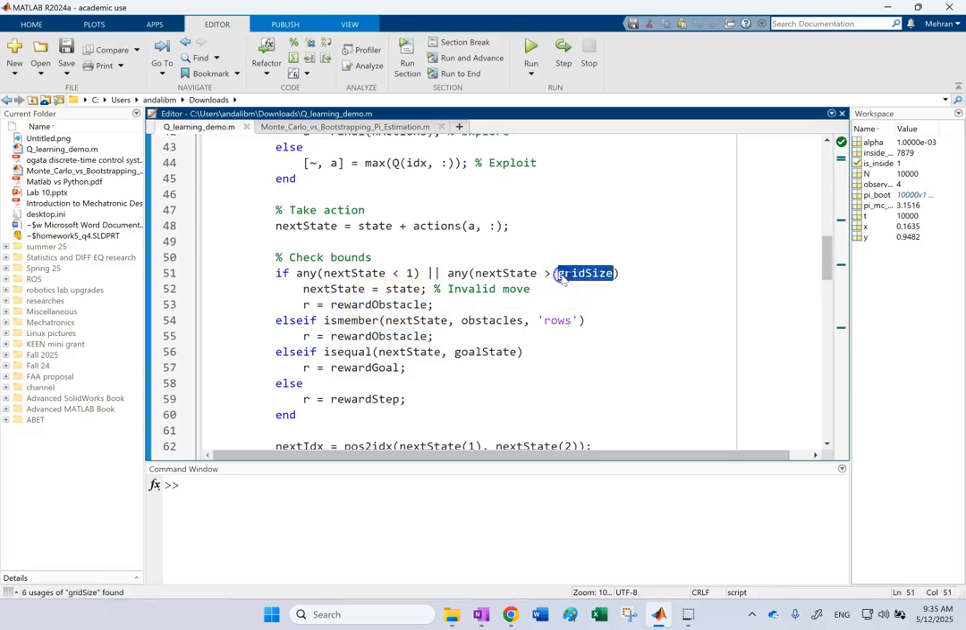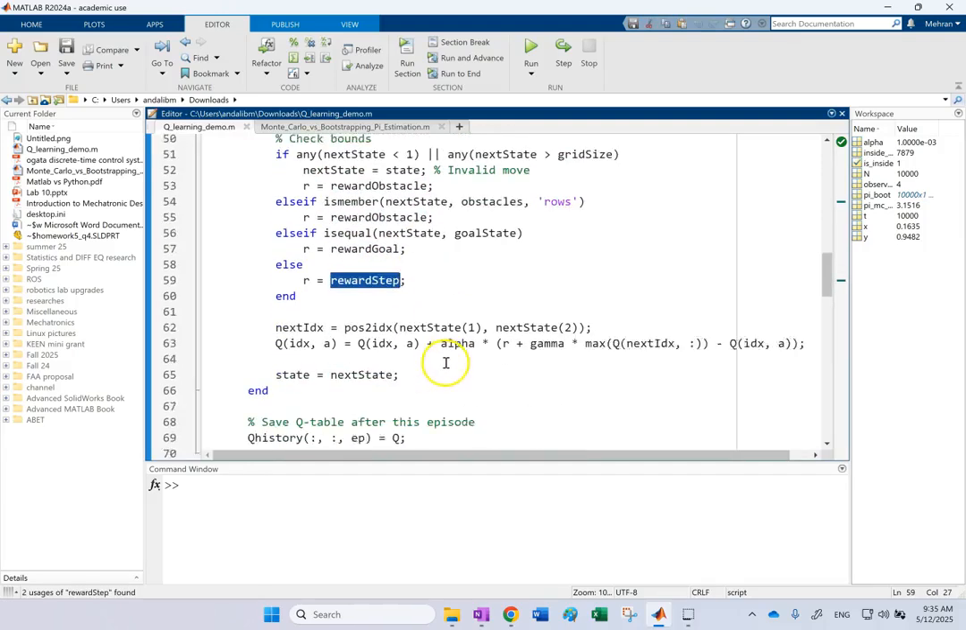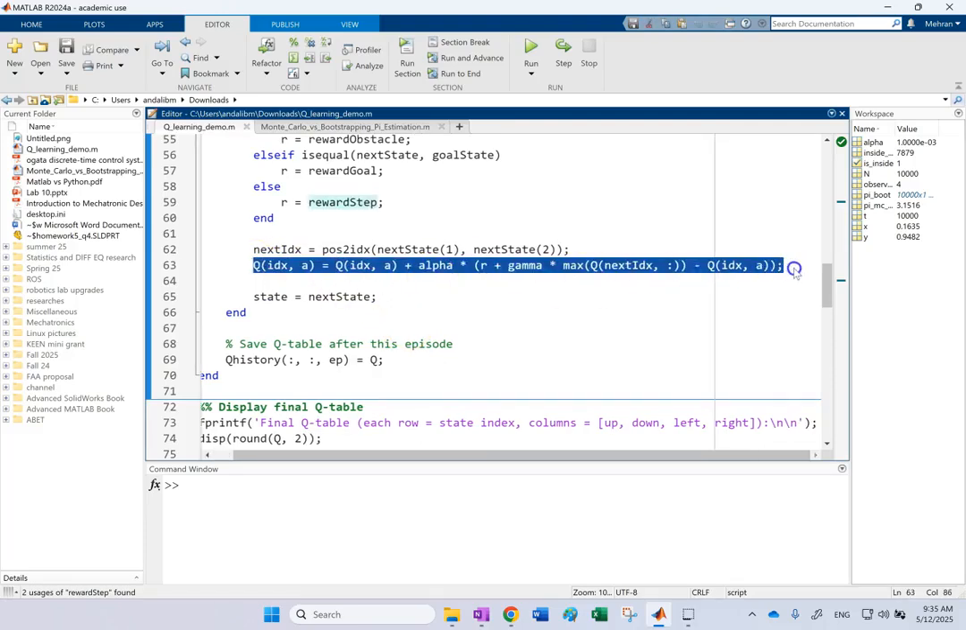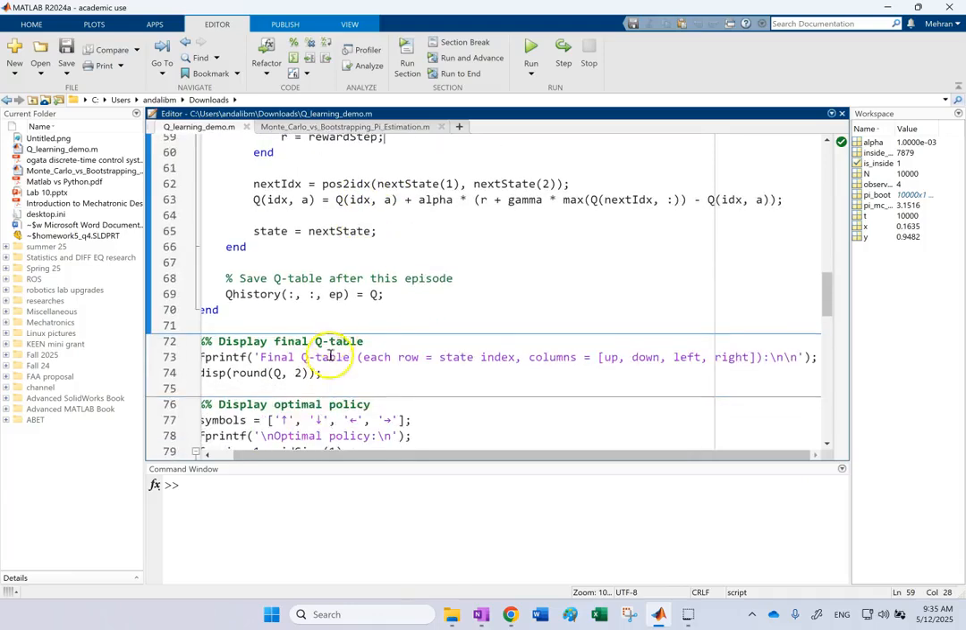If I basically get out of the boundaries, I also add a reward obstacle. So it's not just hitting those walls. If you try to get out of the grid size, I also take 5 points off. If you get to the goal, I add 10 points. Any step, I take 1 point off. And finally, this is my temporal update, and Q is